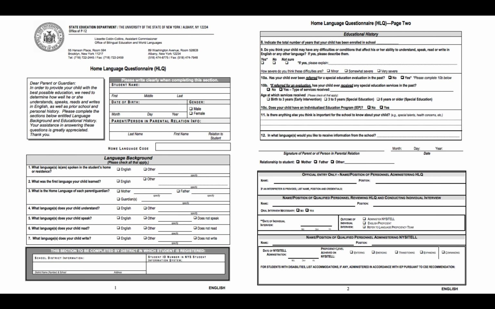The HLQ. This is a legal document that is used in the ELL identification process. It starts off with just gathering some basic demographic information about the child. On the left-hand side, you'll notice that the bottom part of that left side, language background, that is one of the most critical parts of this home language questionnaire. These 7 language questions must be asked,